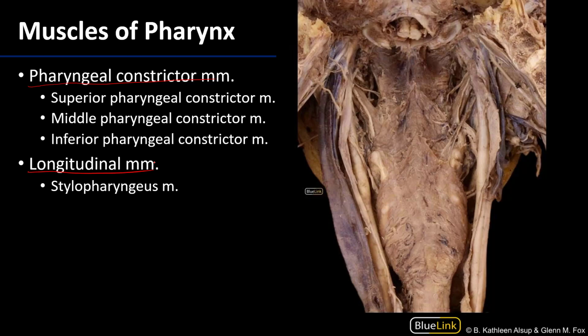Now, the pharyngeal constrictor muscles are what really forms the bulk of the muscular wall of the pharynx, and I'll outline them here. So we have a superior, a middle, and an inferior pharyngeal constrictor muscle. All of these are going to attach from bony elements anteriorly to the pharyngeal raphe, which is